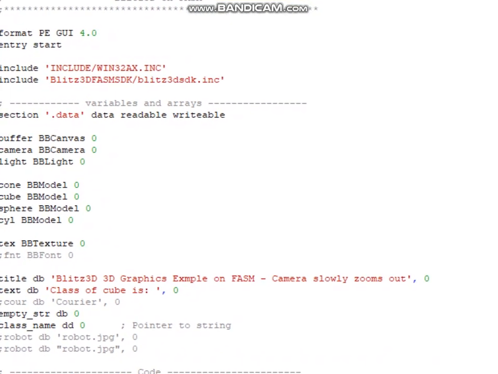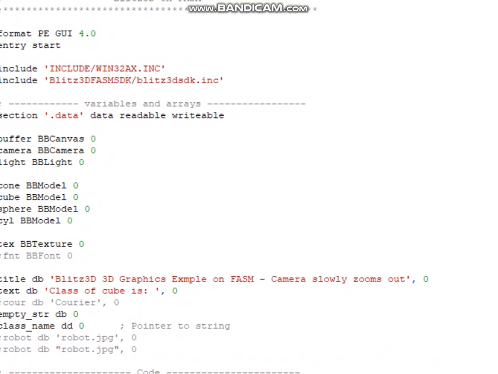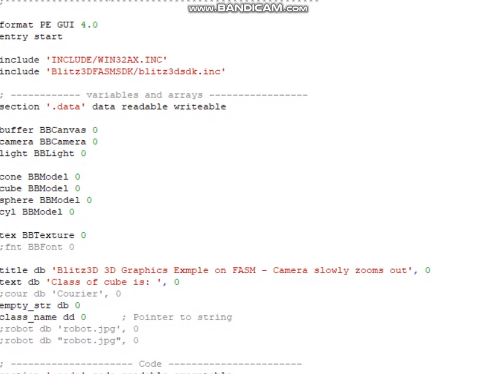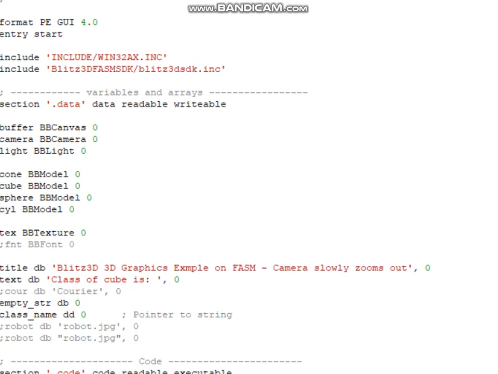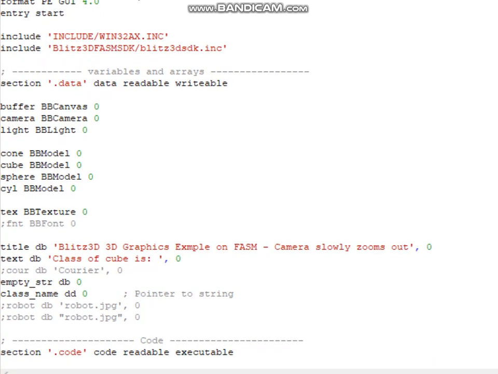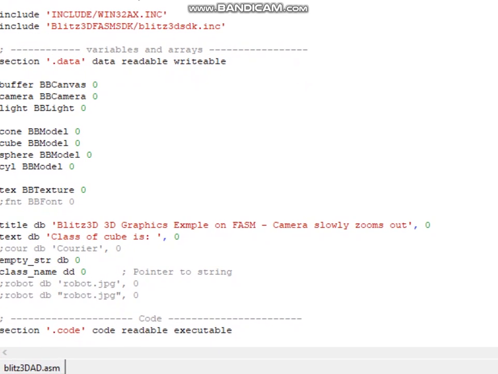So let's have a look at the code that we've got here somewhere. It's the usual format PE, entry start, your includes to your Windows and your Blitz3D SDK. You've got your variables and arrays, readable, writable. Here's the interesting bit, the